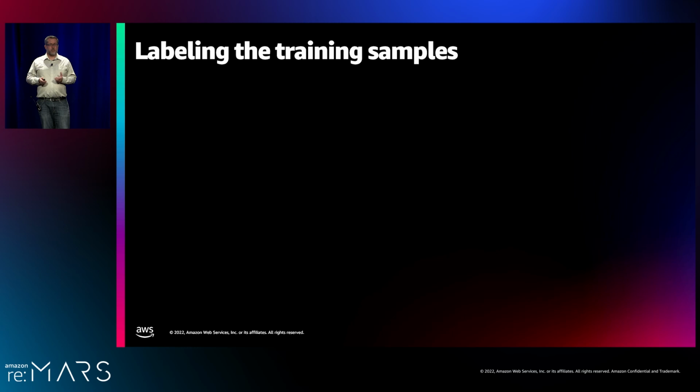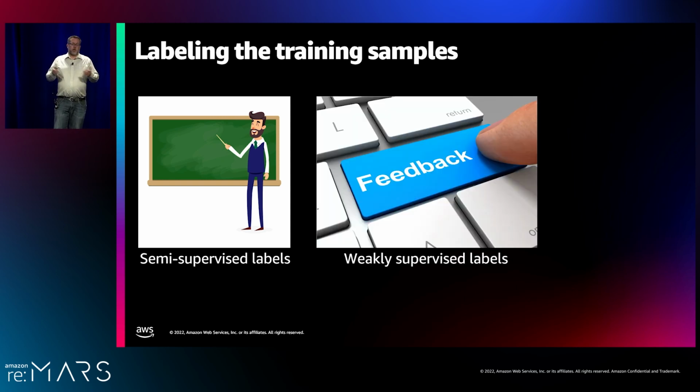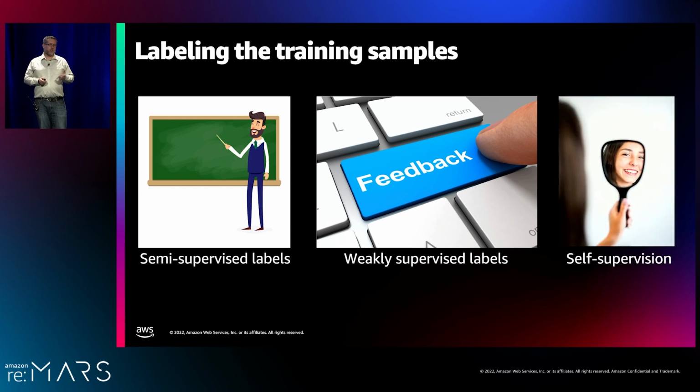All right, so now that we've selected our data, we have to label it. For this, we just use the 3 different types of self-learning techniques that I described. So we use semi-supervised learning primarily. We do have these bigger, better teacher models, and we actually have multiple of them. In some cases, we can run all of them in what we call an ensemble of teachers, and then we can combine the outputs of all those teacher labels to provide a better overall label. And we use these feedback signals to do weak supervision, and that can correct our model that we're training, but it can also correct our teacher model so that the teacher doesn't propagate errors to the student. And then finally, we can go without labels and use self-supervision through noisy student training or representation learning to do training that way.